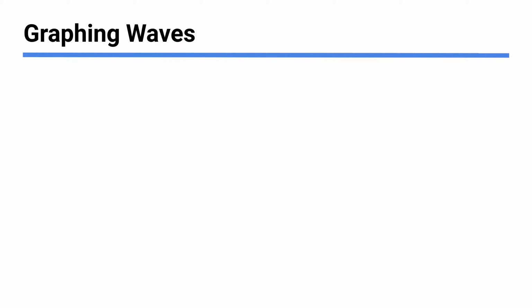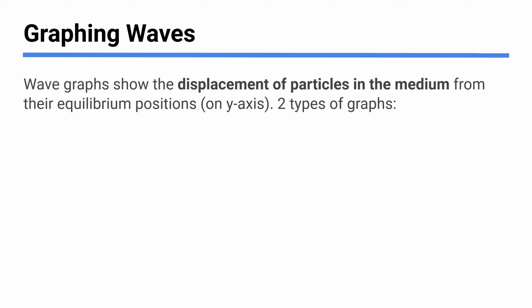Okay, and when we deal with waves, we're often looking at graphs. Wave graphs can be confusing because it super matters what's on each axis, and there's two main types you're going to see. This is an easy thing to get confused about. When you see a picture of a graph of something happening with a wave, y should represent the displacement of the particles in the medium. So y is showing you how far particles are above or below their sort of rest position, the equilibrium position. So that's y. Y is going to be displacement.